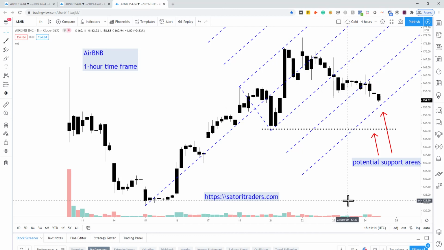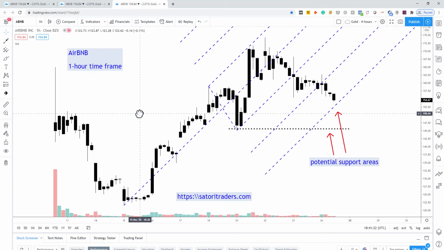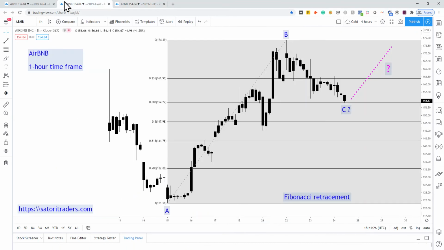And so, all in all, I wouldn't be very bullish on this particular stock. I'd definitely be waiting for it to pull back. Here's our bullish picture. I would definitely be waiting for Airbnb to pull back to this 38.2 fib retracement, demonstrate that it wants to go higher before I made any trading decisions on this